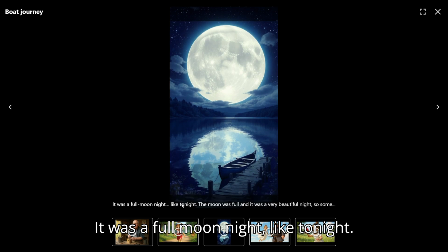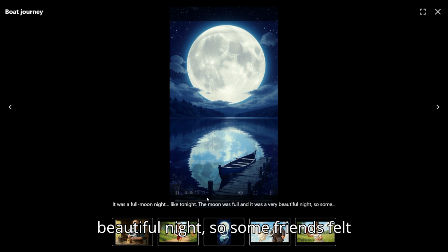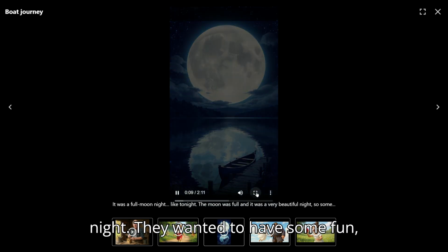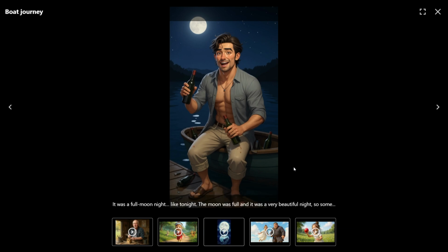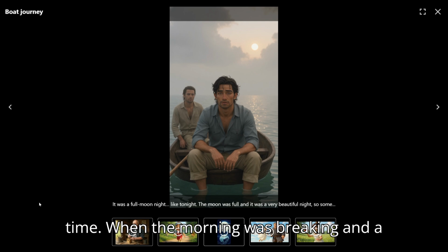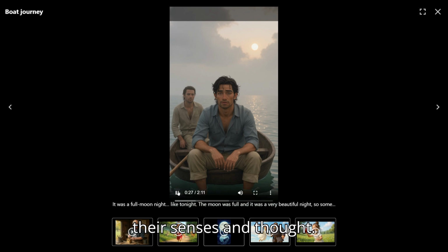It was a full moon night, like tonight. The moon was full, and it was a very beautiful night, so some friends felt like going boating in the middle of the night. They wanted to have some fun, so before climbing into the boat, they had a lot to drink. Then they got into the boat, took the oars, and started to row the boat. They rowed for a long time. When the morning was breaking and a cold wind began to blow, they regained their senses and thought,